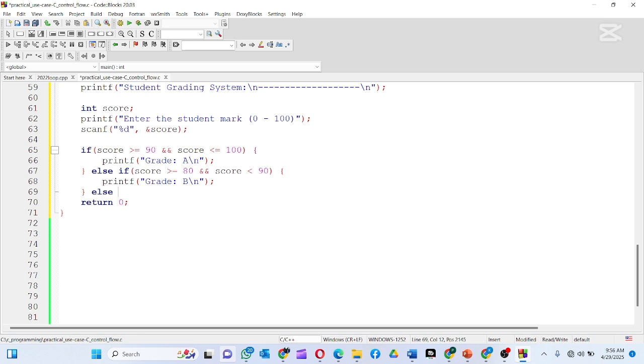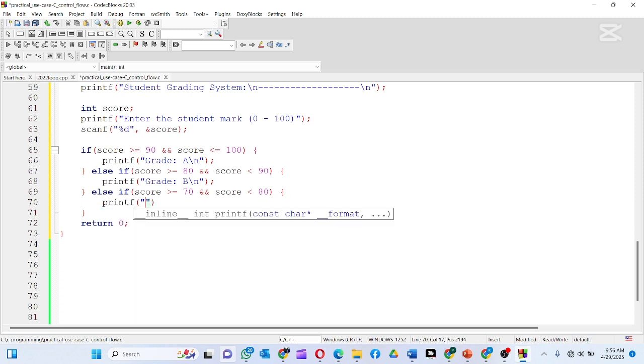Then I do another else if, score is greater than or equals to 70 and the score is less than 80. Then I'll just do printf grade is a C grade \n;